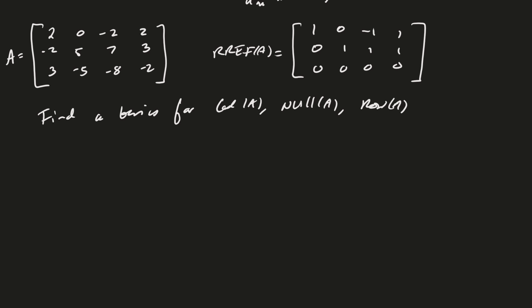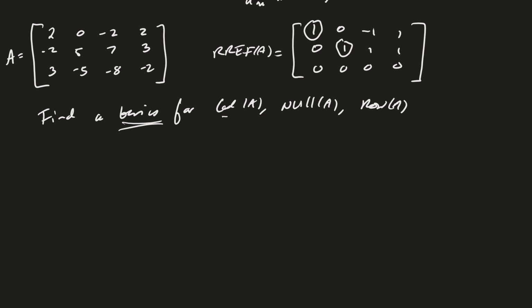I'm given a matrix A, and I've written down the row-reduced echelon form of A. And the idea is I'd like to find a basis for the column space of A, the row space of A, and the null space of A. And so how am I going to do that? Well, from the row-reduced echelon form of A, I'm noticing that I have two pivots, right? And so therefore, I know that the dimension of the column space is equal to 2, and so is the dimension of the row space, right? So in fact,